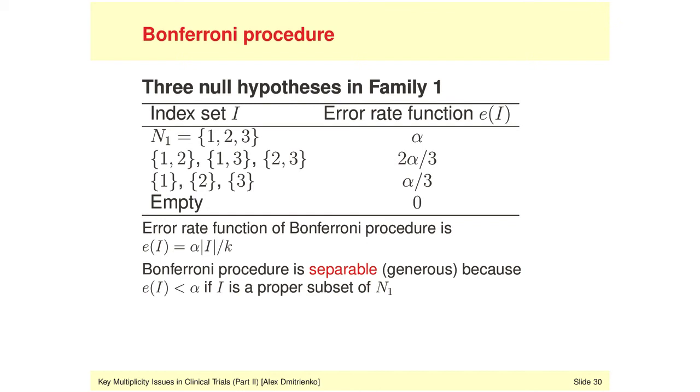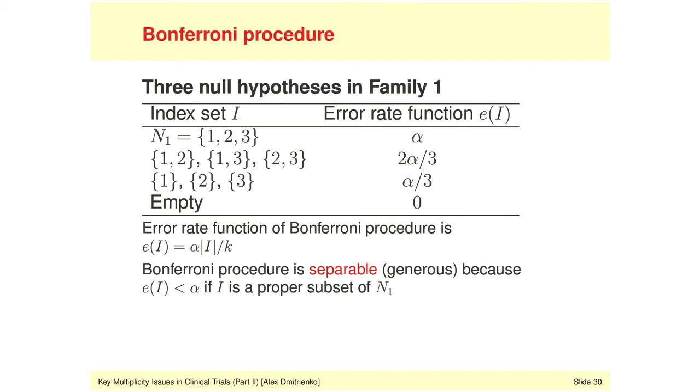And of course, if the index set I is empty, the corresponding error rate function is going to be equal to 0. All of this comes directly from the error rate function of the Bonferroni procedure that we defined a few slides back. This was slide 27. And this table shows us immediately that the Bonferroni procedure is a separable or generous procedure because the error rate function is going to be strictly less than alpha if I,